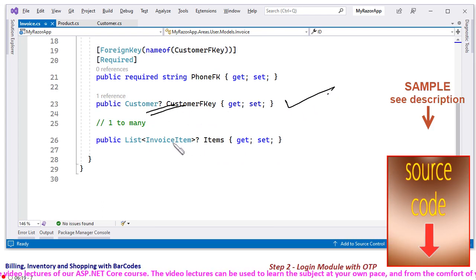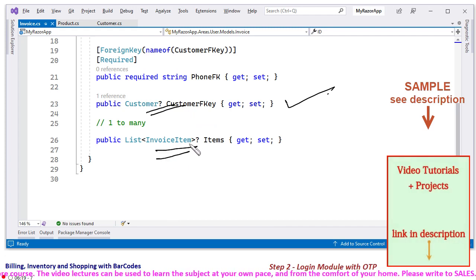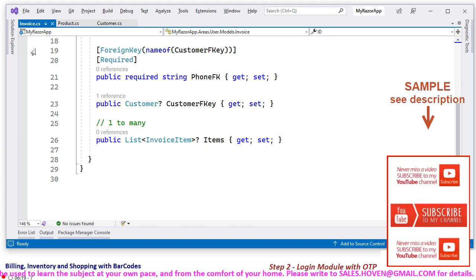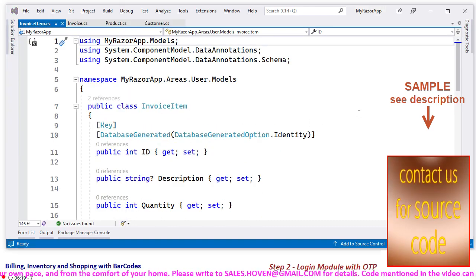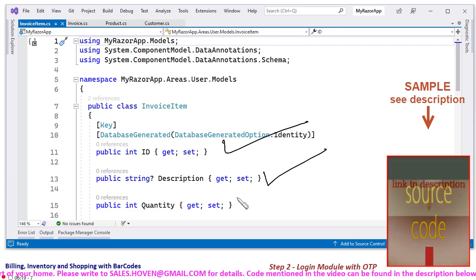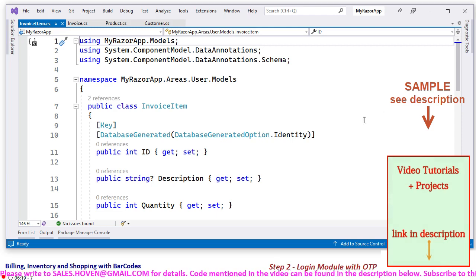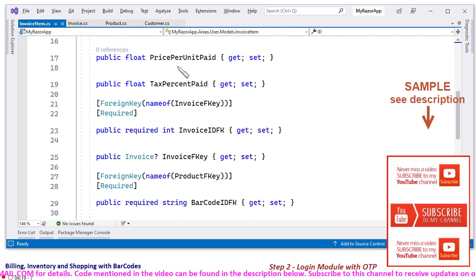Each invoice has a number of invoice items, so this is a one-to-many relationship. In the invoice item we have a running ID, the description of the item, the quantity purchased, and then the price per unit on that date, because discounts